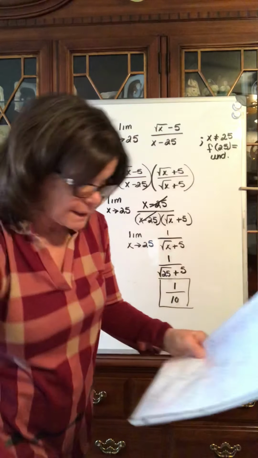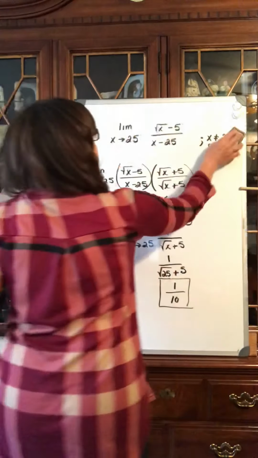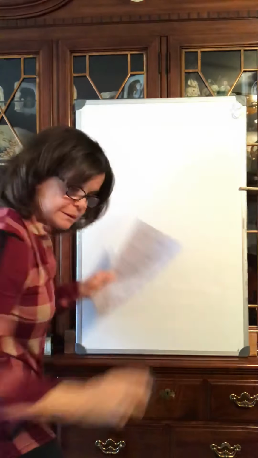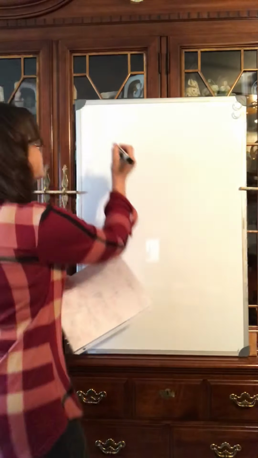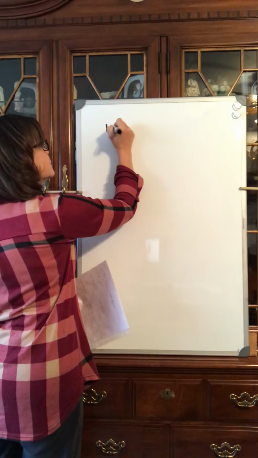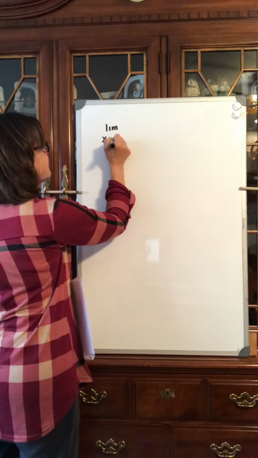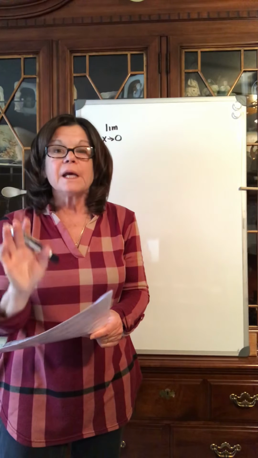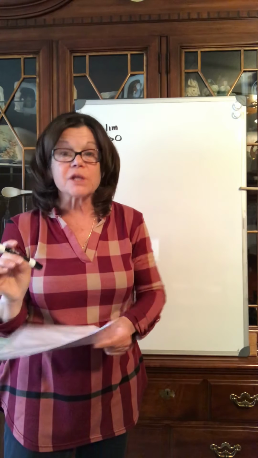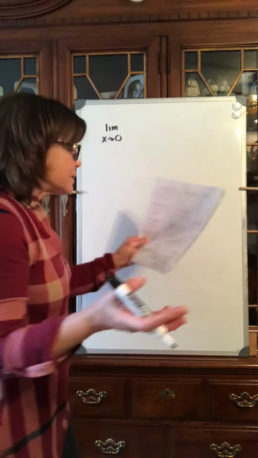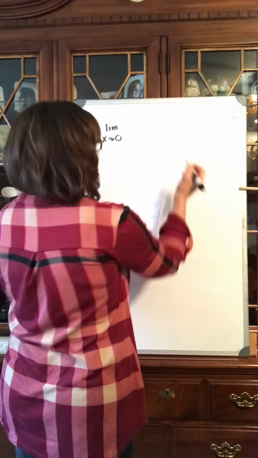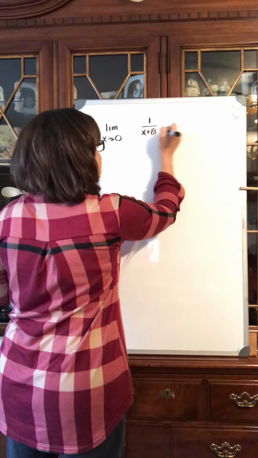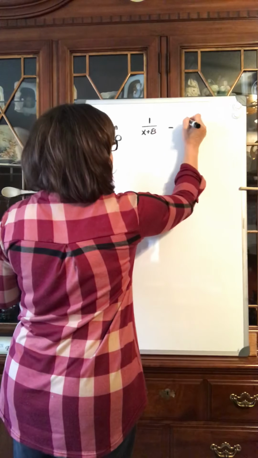Now, the last example, example number 10, we're looking for the limit as x is approaching 0. So if you were to graph this function, and you look at this function as x is approaching 0 from the left and the right, is this function coming to the same y location? If it is, then that's what the limit is. So this function is 1 over x plus 8 minus 1 over 8